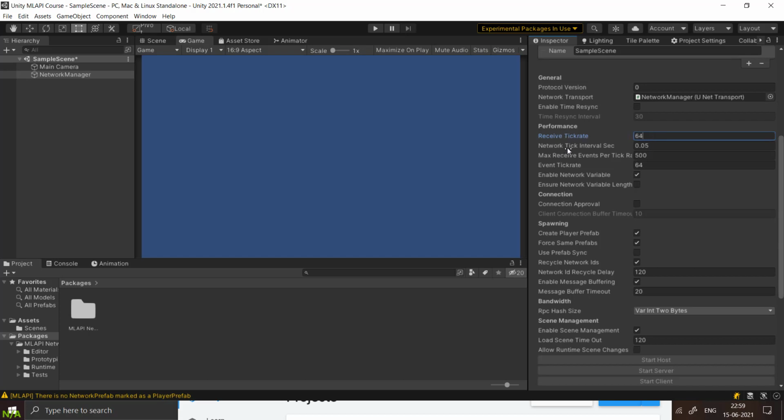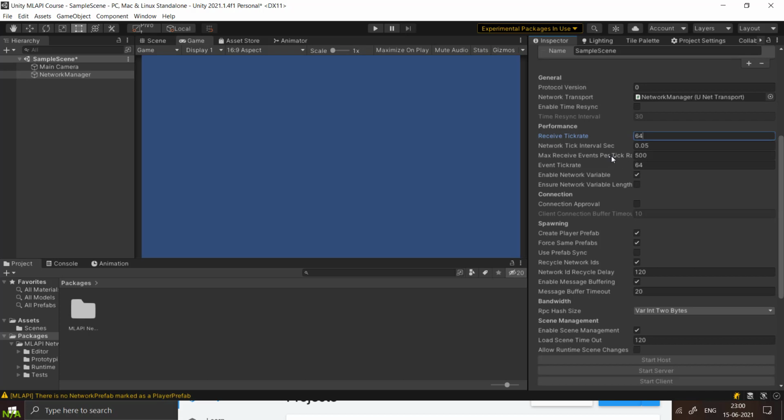Network tick interval seconds is the duration in seconds between network ticks, and a network tick is when it sends or receives information.